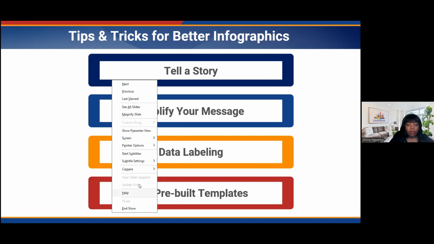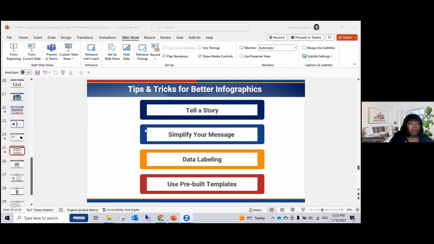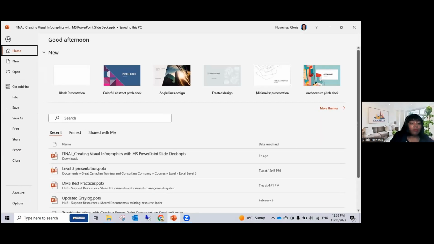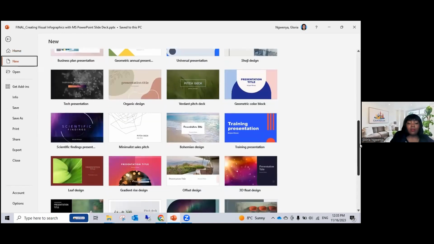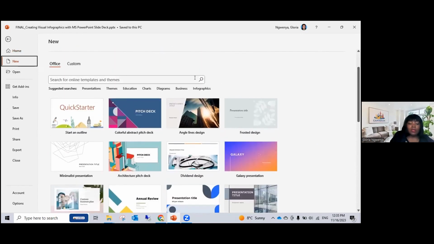presentation just to show you the different templates that you can use in PowerPoint. So to see the templates, go to File and New. And on the New page, you'll see the templates that we have in PowerPoint, but there's a category of templates called Infographics. So if you click on Infographics,